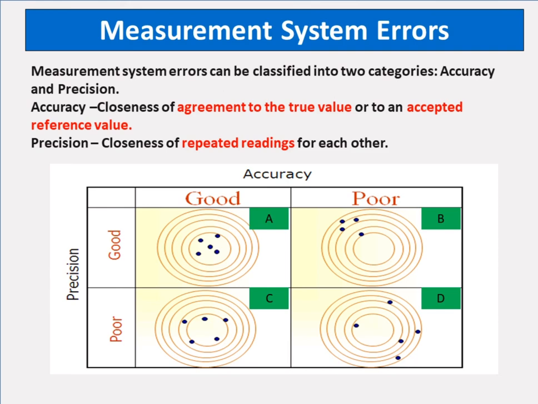A classic way of demonstrating the difference between precision and accuracy is with a dartboard. Think of the bullseye of a dartboard as the true value. The closer darts land to the bullseye, the more accurate they are. If the darts land close to the bullseye and close together, there is both accuracy and precision as shown in Figure A. If all of the darts land very close together, but far from the bullseye, there is precision, but not accuracy as shown in Figure B.